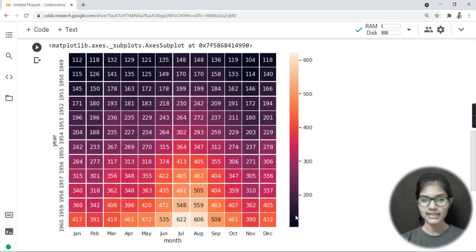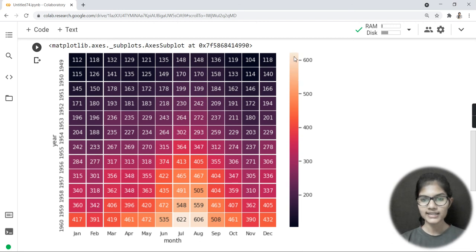Second thing, here you are seeing this bar, and basically it has different colors, right? Now, wherever you see the color which is present under the 200 value, you can guess that these are the cells where you have the number of passengers less than 200, okay?